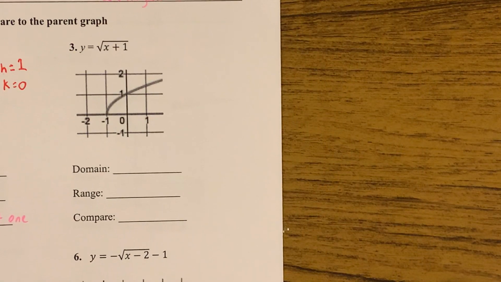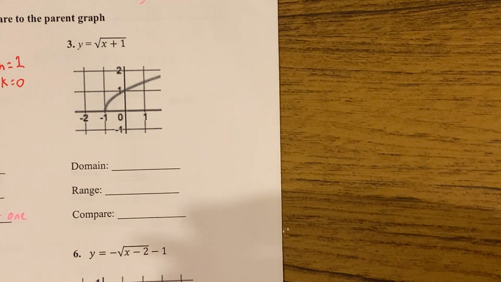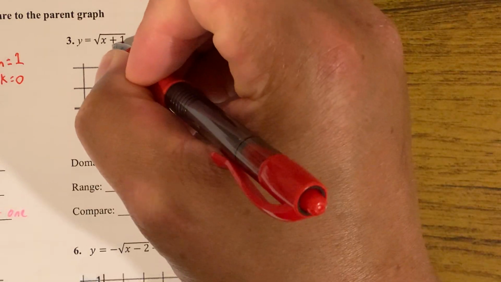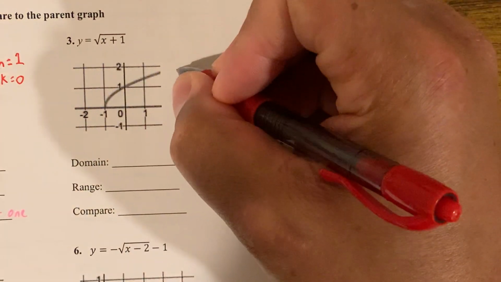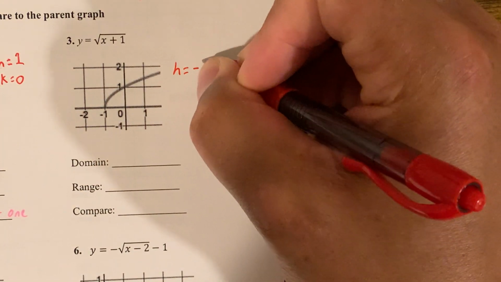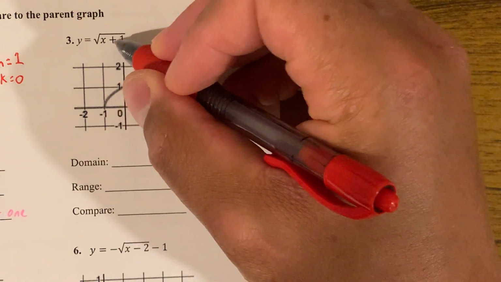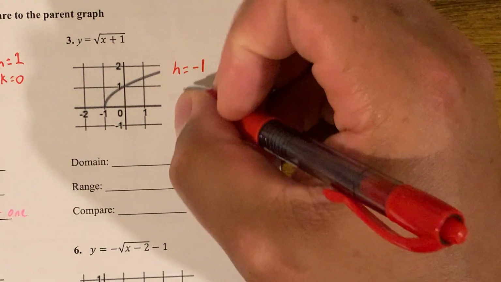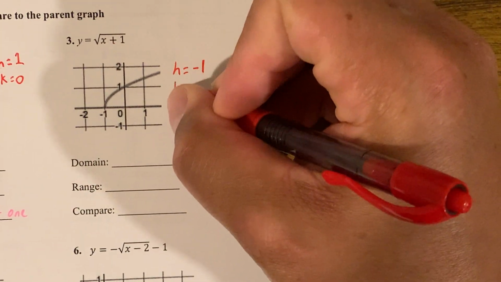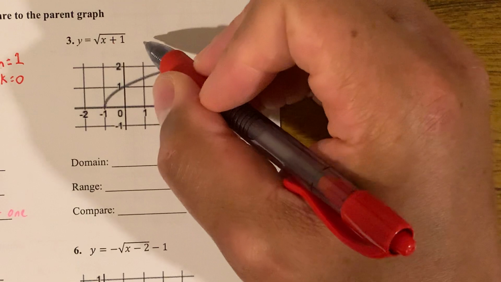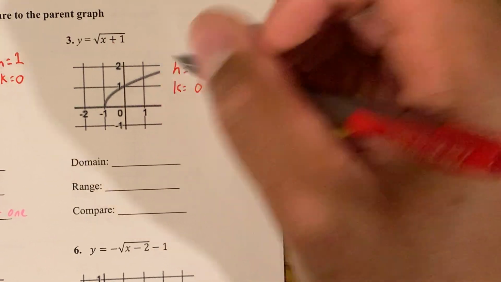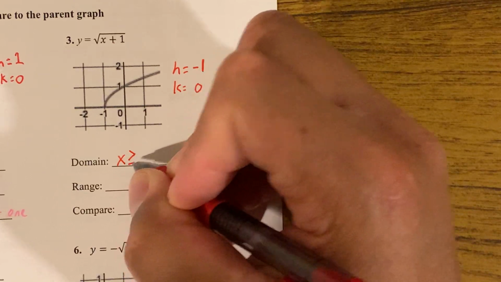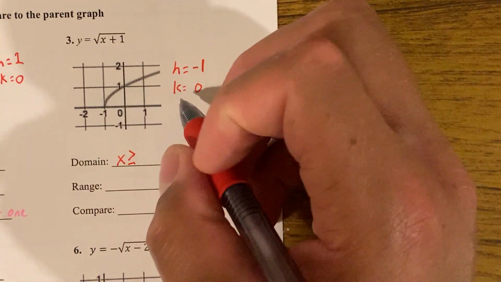Now, number 3, it's actually just the same thing but in the opposite direction. Again, h is the opposite of what we see under the radical sign. So now h is negative 1, right? Since it says x plus 1, we know it's actually x minus negative 1. It's always x minus h. So h is negative 1, k is 0 again because we're not adding anything over here. So my domain is now going to be x is greater than or equal to, we're still moving to the right,